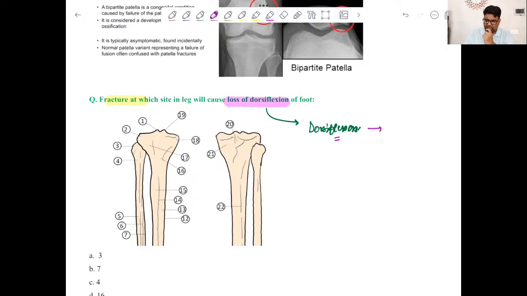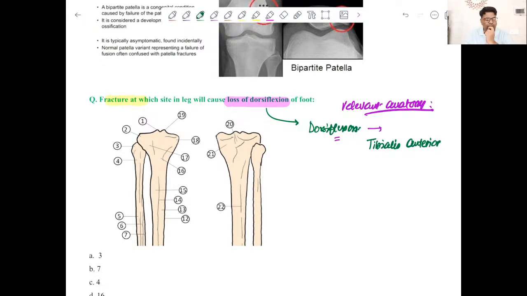But just some relevant anatomy, you can say. So let us discuss the relevant anatomy here. What are the dorsiflexors of the foot? Which muscles are dorsiflexors of the foot? Any idea? Especially of the anterior compartment of the leg. I just want to hear two names at least. So one is tibialis